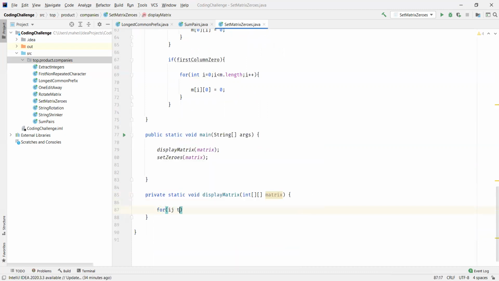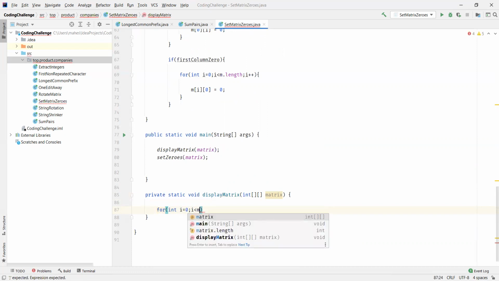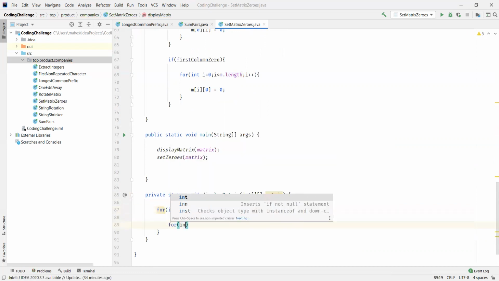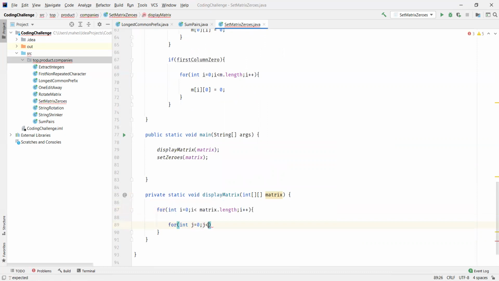We wanted to loop through all the elements in the matrix. So m dot length gives us matrix dot length. Yeah, we can do matrix dot length as well. For int j equal to 0, j less than m of i dot length gives us the number of columns for the ith row.